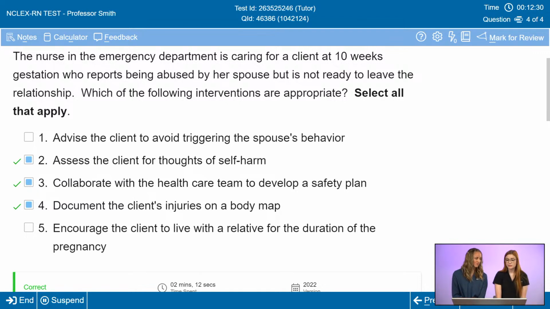And with our test taking, in our mental health questions or other questions, we always want to encourage the client to make their own decisions, encourage autonomy. So when you see option choices, you never want to pick something that is forcing a client to do anything, even if it feels like a good option. We're not going to force them into doing things. Not only does it help them have autonomy, but it also increases the chances of them actually following through with their care, which is really important.